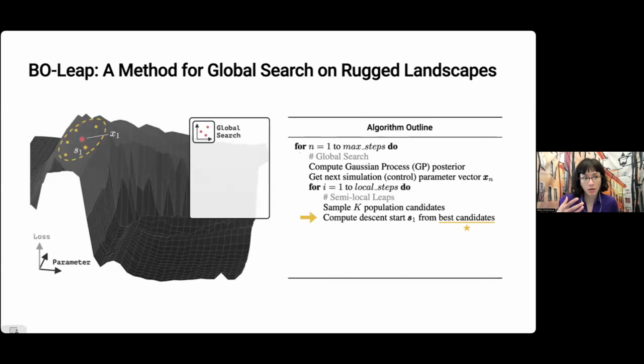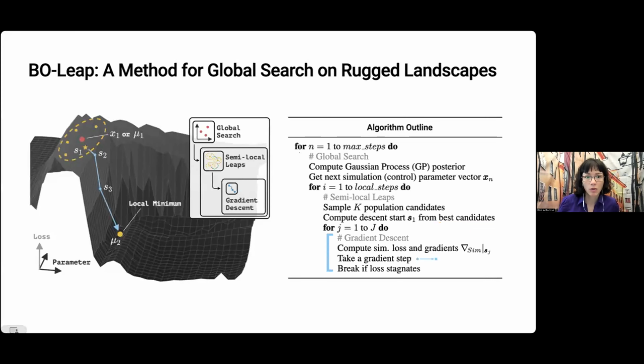So this semi-local sampling is gradient-free, and then from the best candidate, we do a local gradient descent using the differentiable simulation. Now, this gradient descent part is what we call the leap, because on smooth parts of the landscape, it can make very fast progress towards an optimum that beats the gradient-free methods.